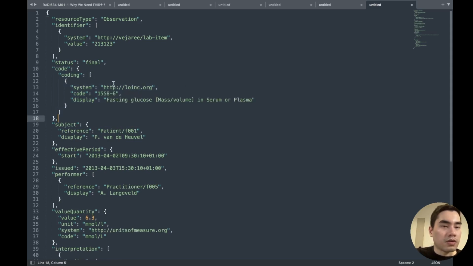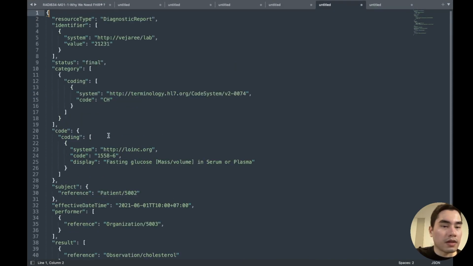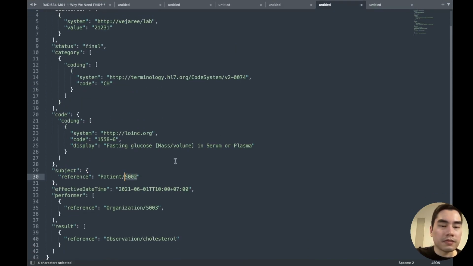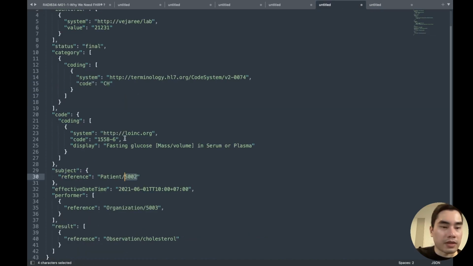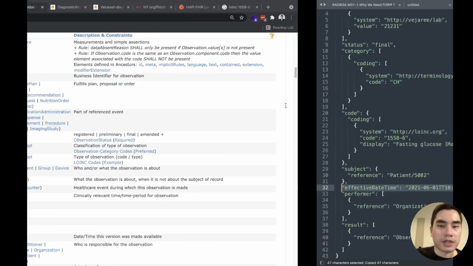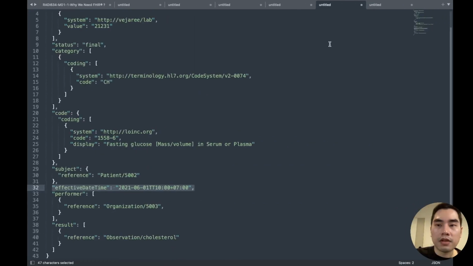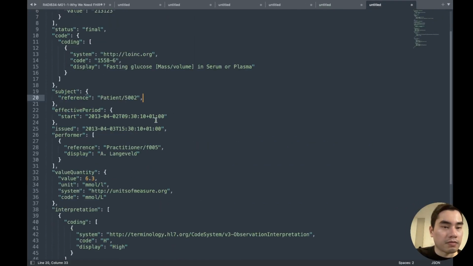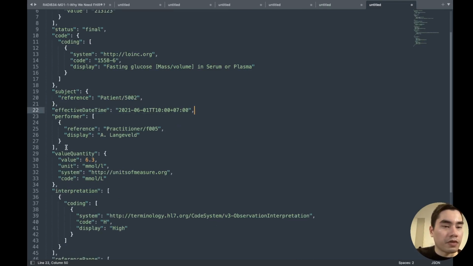Okay, the code. Now the subject, also this one. Also this one, no need. Effective period is the same. We will use effective date time, not the period. Okay, so effective date time. And issued we don't need. Performer we don't know.